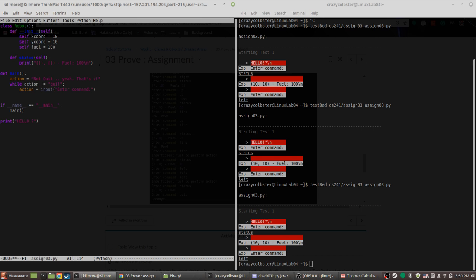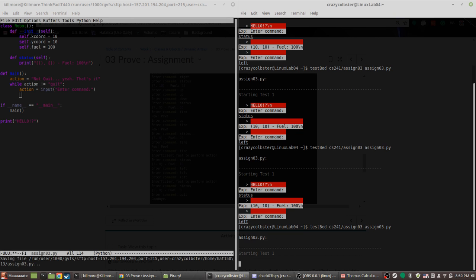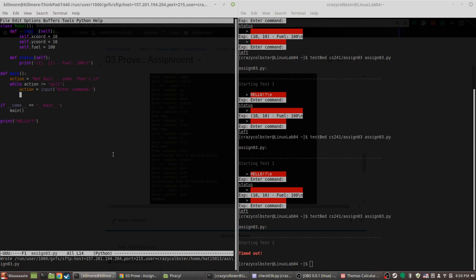Action equals input command. Enter command. Now I should get an endless loop. I see it finishes the program before... now it's playing its infinite loop game. And it timed out. Well, worth a shot. Okay, so action equals input command.